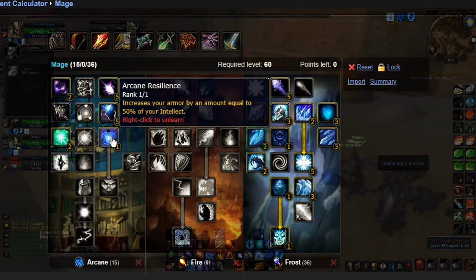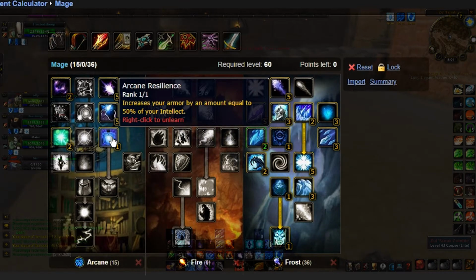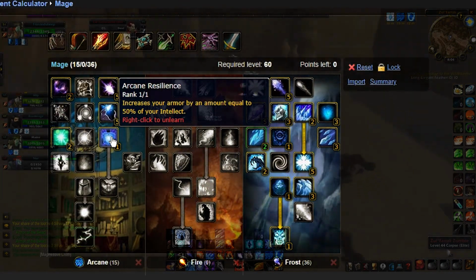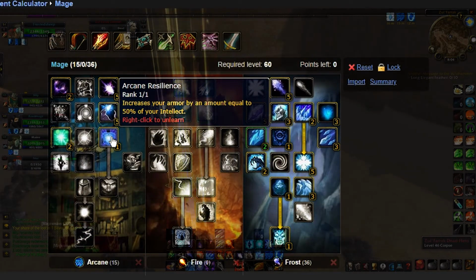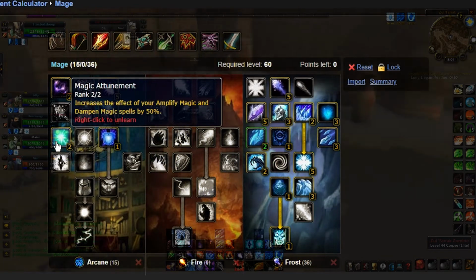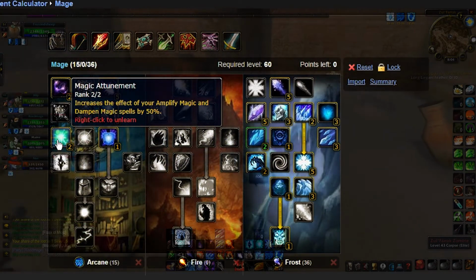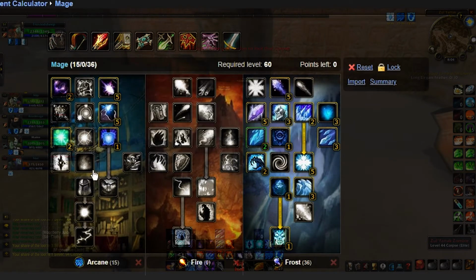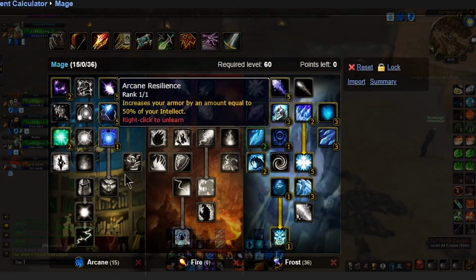Then we're going to go down and increase your armor by an amount equal to 50% of your intellect, which is huge. Okay. So, I mean, mage is already squishy. So, anything increasing your armor is a must. You know what I mean? Then Magic Attunement. Increase the effect of your Amplify Magic and Dampen Magic spells by 50%. And, like I said, this is what I used to level, but I'm also going to use this same spec